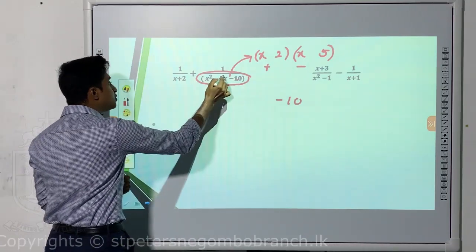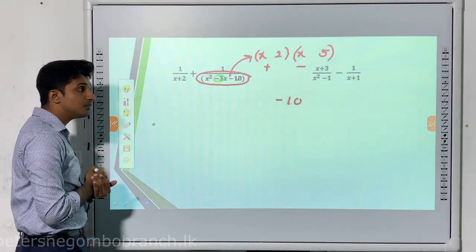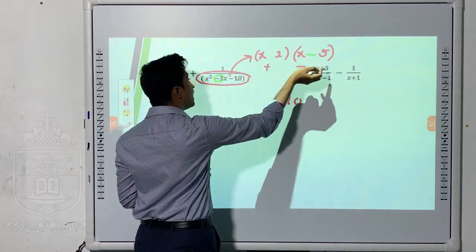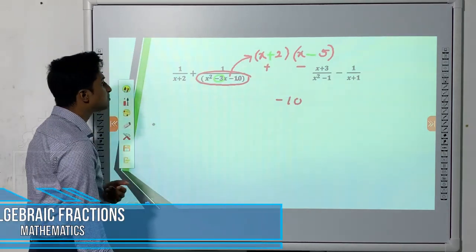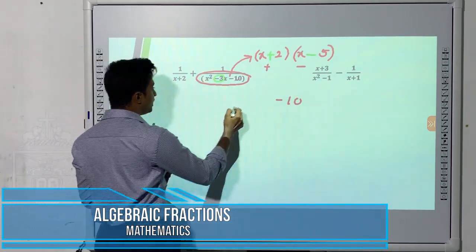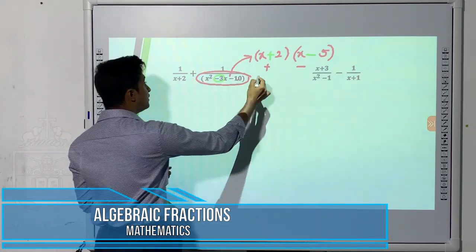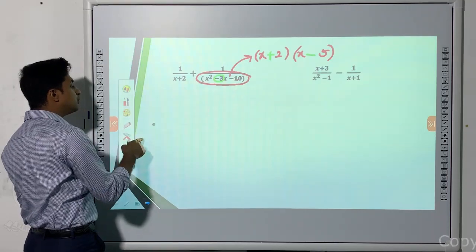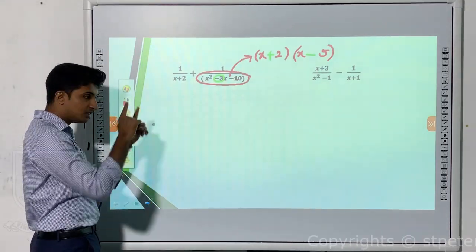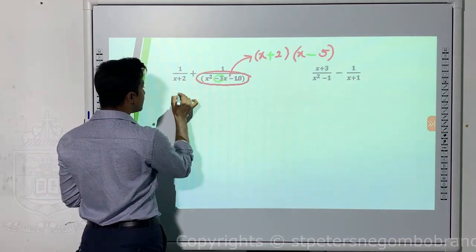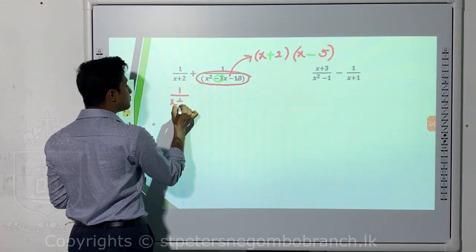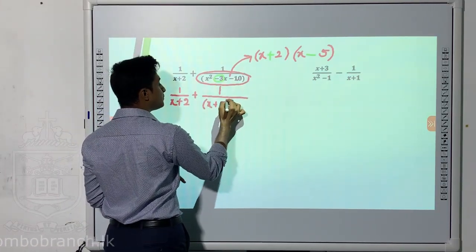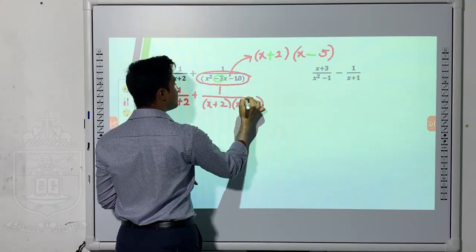For that, I ask you to check this sign, this symbol. Give the symbol in the middle to the larger number and give the other symbol to the smaller number. So see, I have converted. Even if you take the longer method of simplifying, still you will obtain the same answer, right? The longer method. Now I'm going to recreate the question, that is 1 over x plus 2 plus 1 over x plus 2 times x minus 5.